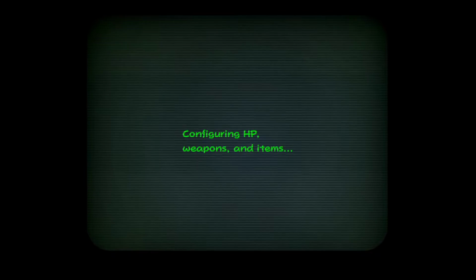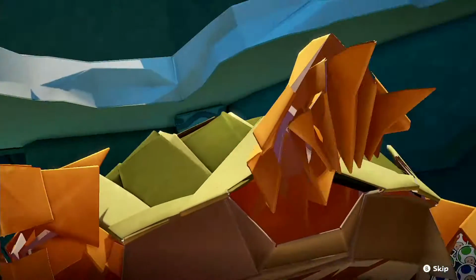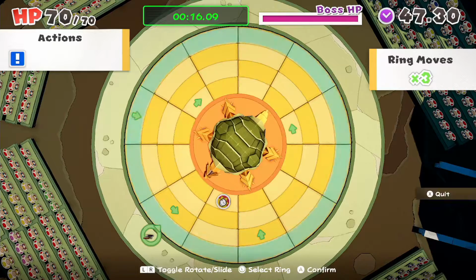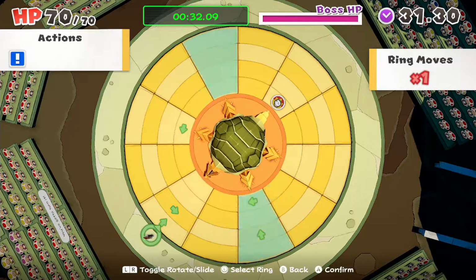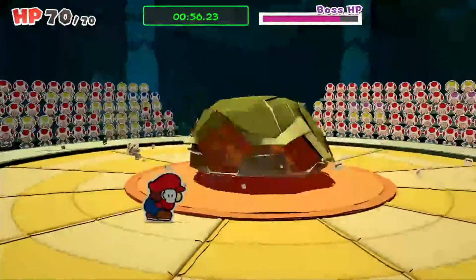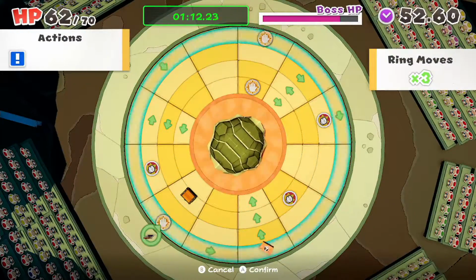Let's go Earth Elemental, configuring HP, weapons, and items. And now let's start, and here's the speed up. So this is just going to be kind of unscripted. I'm just going to be talking over these bosses. What you should know is that they're all sped up 4 times. It does take quite a bit of time. I'm not sure how I'm going to find stuff to talk about for 30 minutes, but anyway,